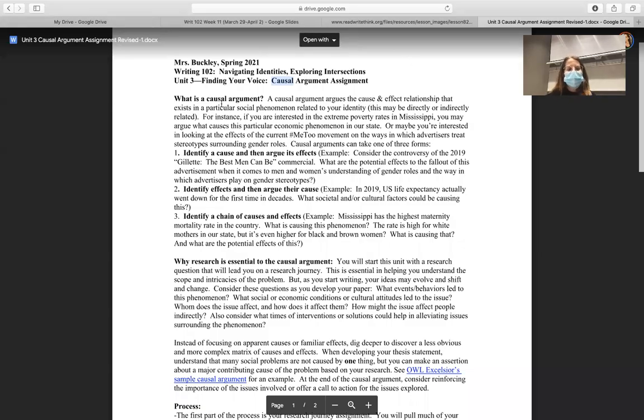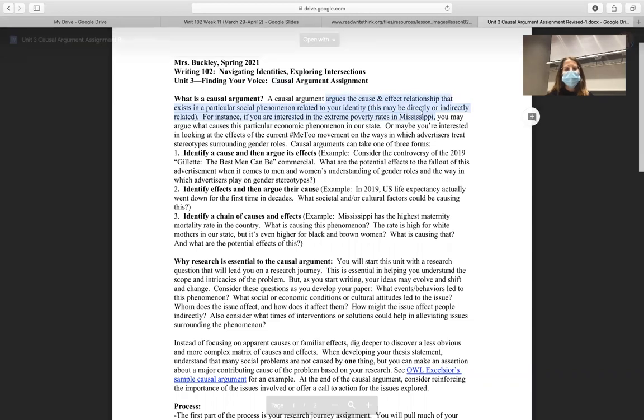All right, so it says here, what is a causal argument? It argues a cause and effect relationship that exists in a particular social phenomenon related to your identity. This may be related directly or indirectly. So don't worry, you're never going to have to justify, well, this is related to my identity because I deal with this. You know, if you're interested in college athletes being paid, it could just be that you're really into